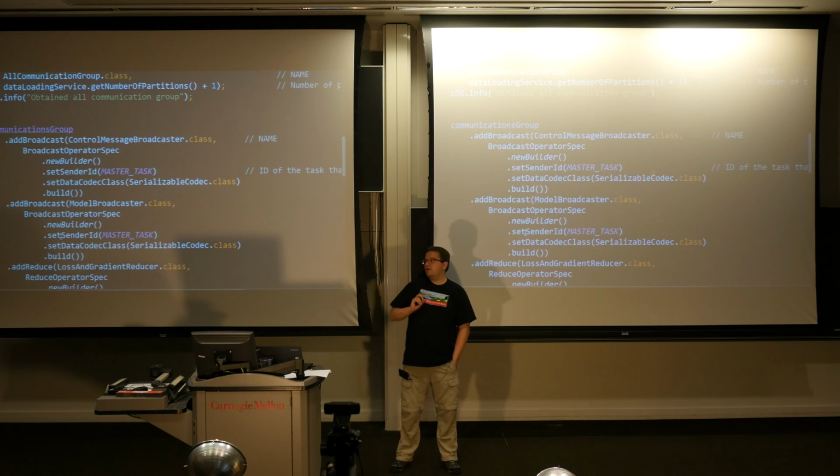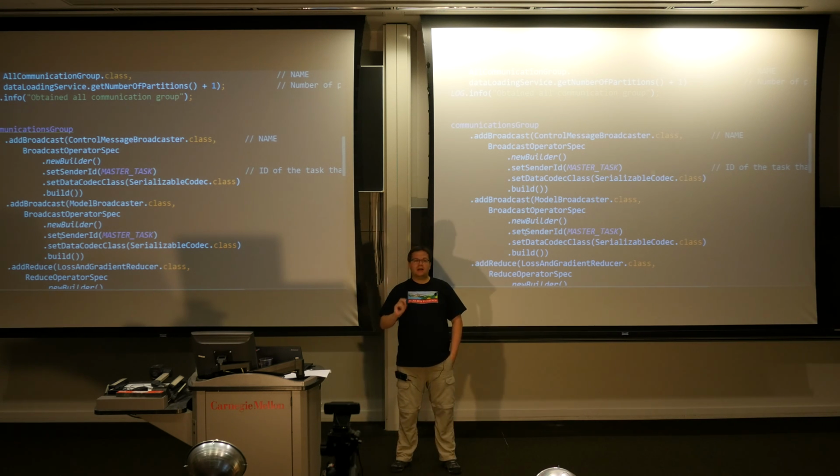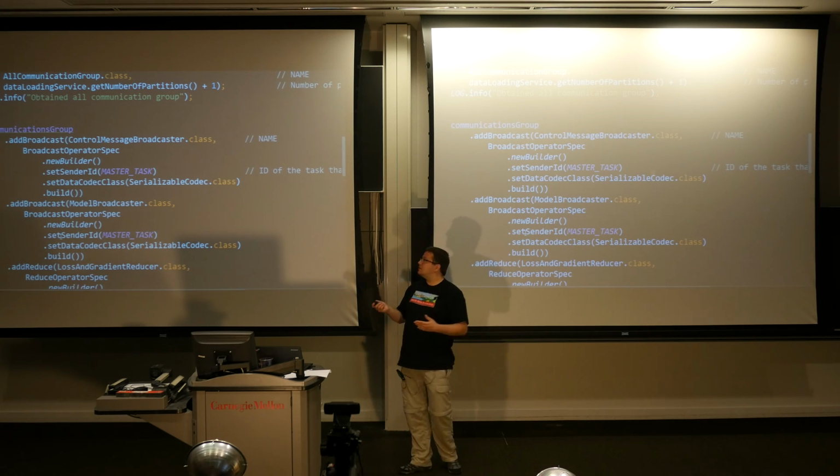Right? This will be very important tomorrow when we add line search and other operators to this algorithm, where you can broadcast, let's say, a vector, but you also have to tell the machines that receive this: is this a model and am I supposed to compute a gradient? Or is this a descent direction and a set of points at which I shall evaluate the loss function and send that back? So that's why there's this